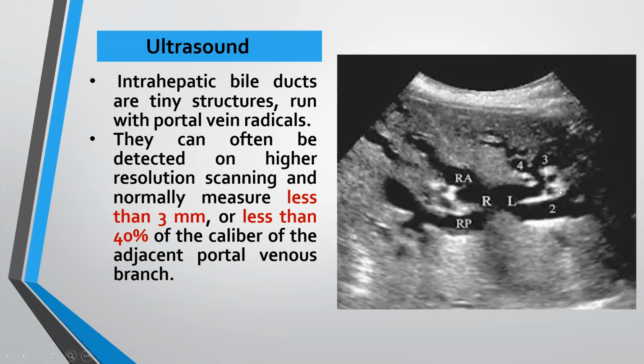By sonography, the intrahepatic bile ducts are tiny structures that run with the portal vein radicals. They can often be detected on high resolution scanning and normally measure less than 3 millimeters, or less than 40% of the caliber of the adjacent portal venous branches. As we see here, these are the intrahepatic bile ducts, the segmental bile ducts, and the right anterior and right posterior bile